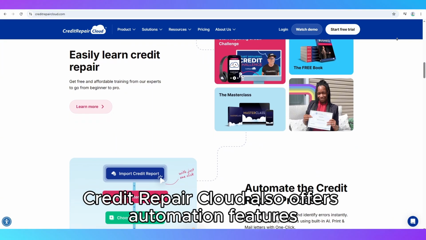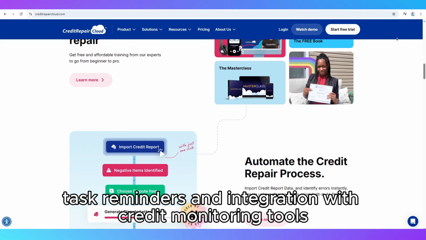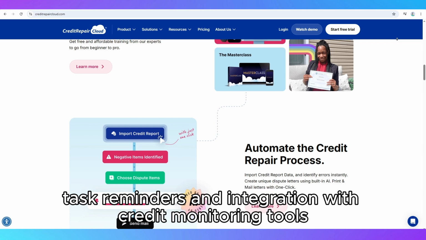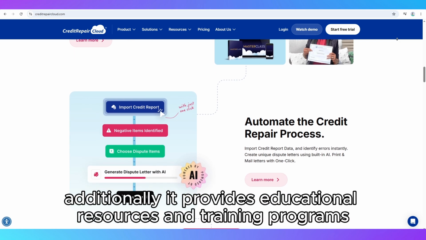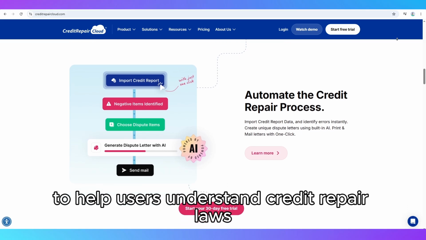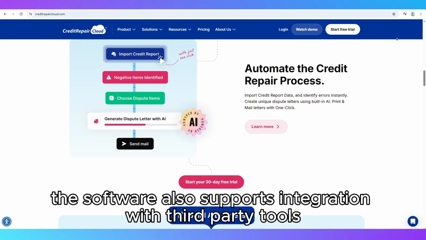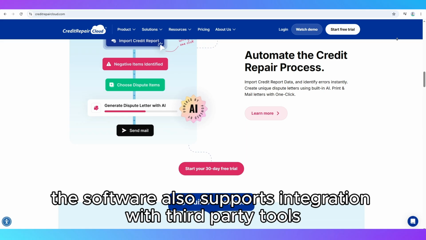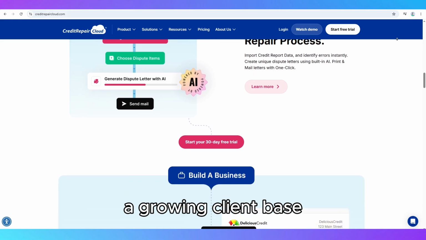Credit Repair Cloud also offers automation features, including workflow automation, task reminders, and integration with credit monitoring tools. Additionally, it provides educational resources and training programs to help users understand credit repair laws, compliance requirements, and business development strategies. The software also supports integration with third-party tools, making it easier to scale operations and manage a growing client